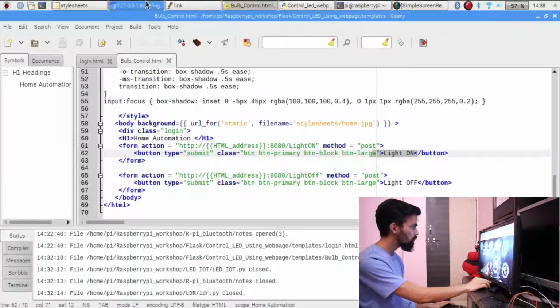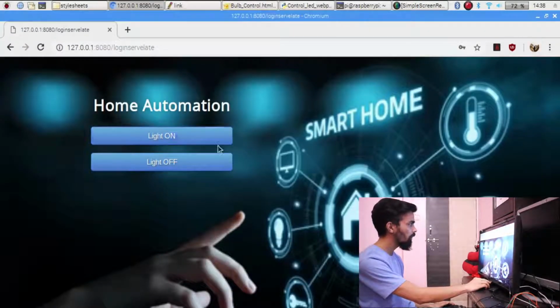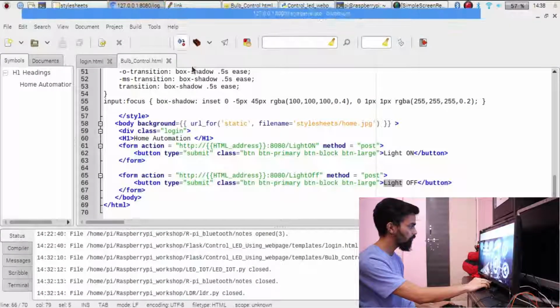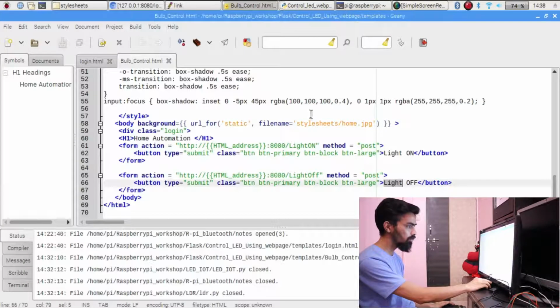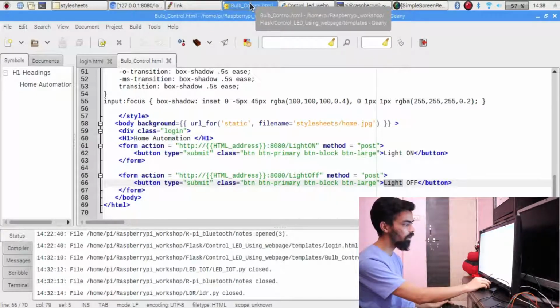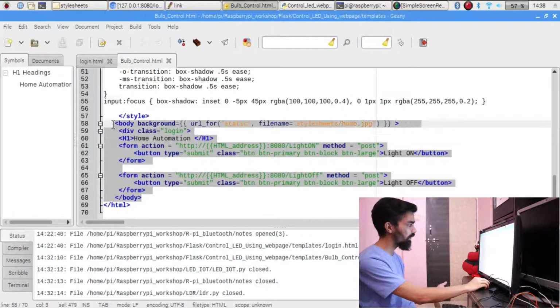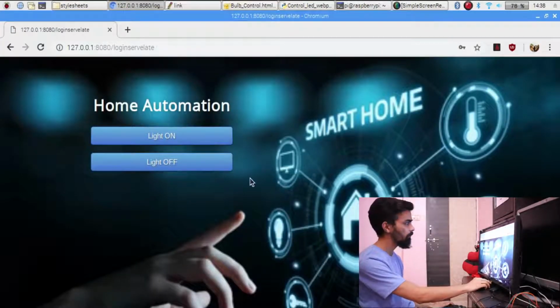If you see this web page, light on is the first button. Then we have to design another form, and the name for that button is light off. So you can see light off. Once you press the light on button or light off button, the Python code automatically gets executed and the light will turn on and turn off.